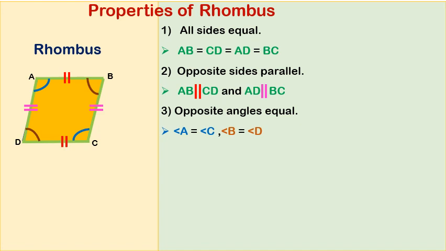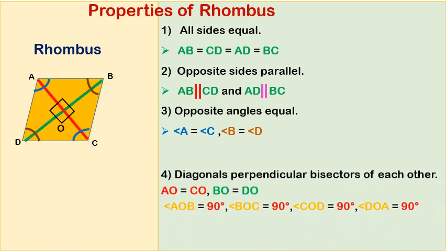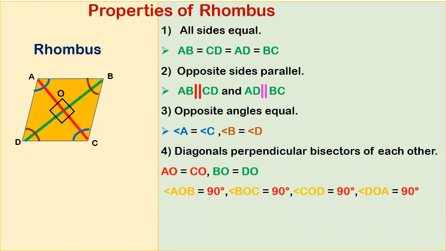And diagonals of a rhombus are perpendicular bisectors of each other, which means the diagonals divide into two equal halves and make a right angle. So AO equals CO and BO equals DO. And you can see angles: angle AOB equals 90 degrees, angle BOC equals 90 degrees, angle COD equals 90 degrees